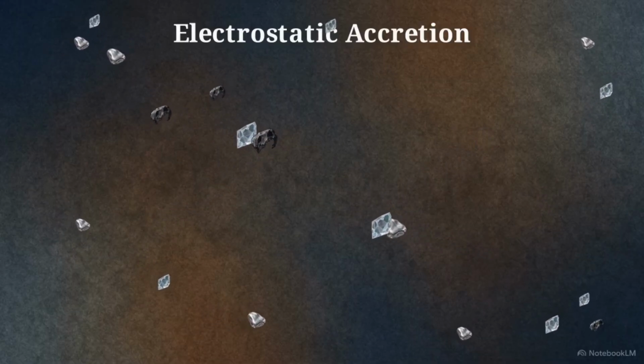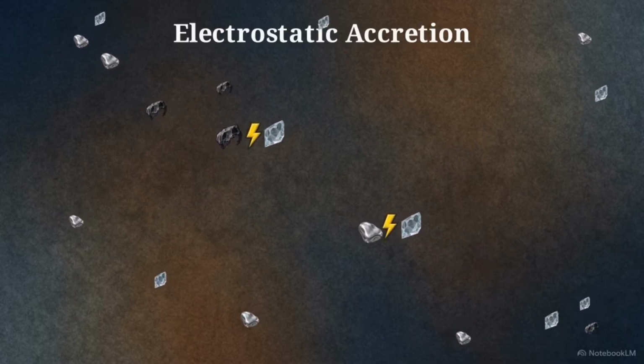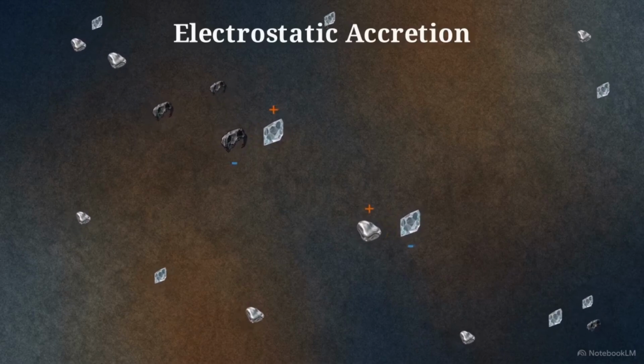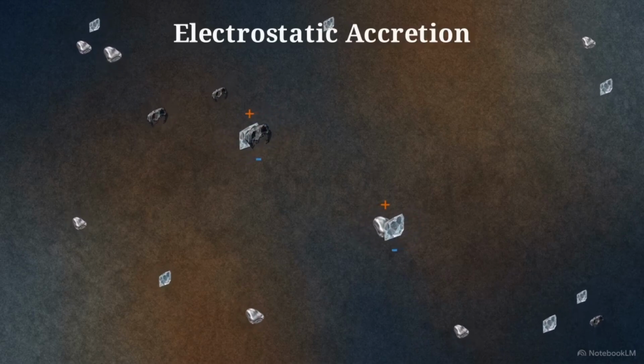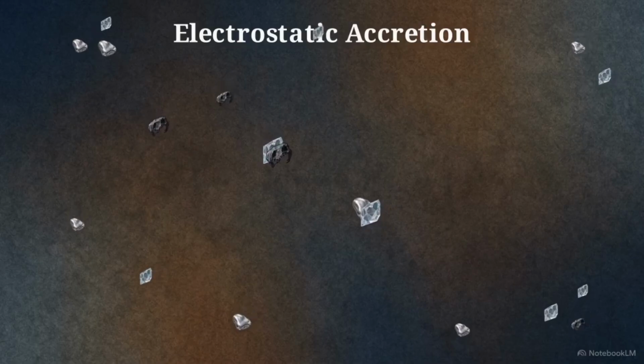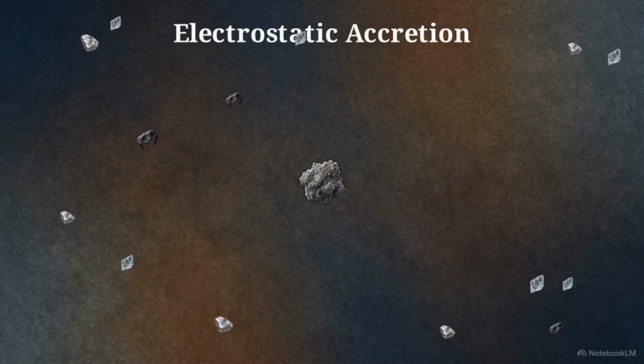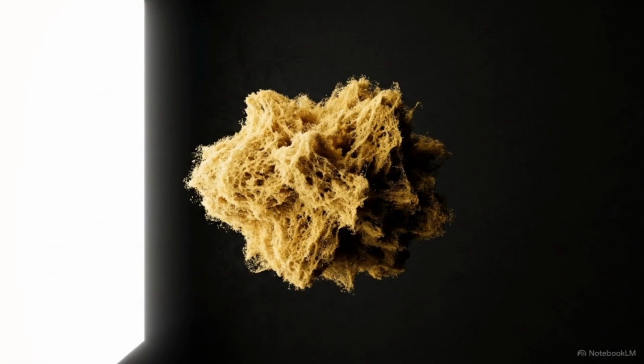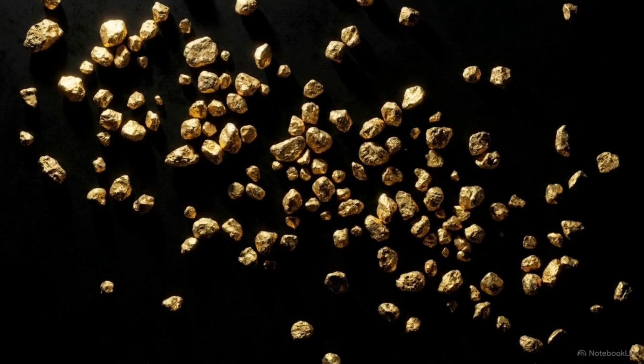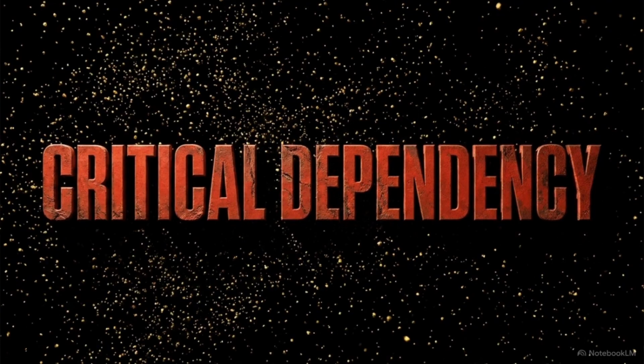As tiny grains rubbed against each other in solar winds, they built up electrical charges, creating a delicate attraction. Over thousands of years, this gentle static cling allowed isolated particles to accumulate into fragile pebble-sized clumps. These early clusters were incredibly delicate. A strong gust of solar wind or a slightly too fast impact could easily blast them back into individual grains. Without this microscopic static clinging acting as the first step, the entire planet-building process would have failed before it could truly begin.